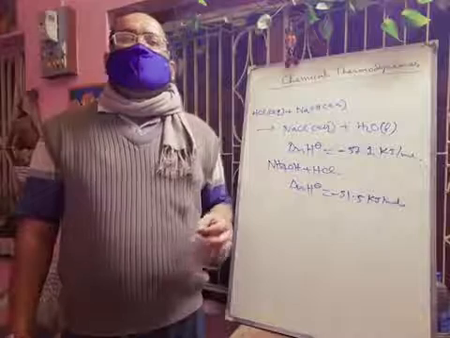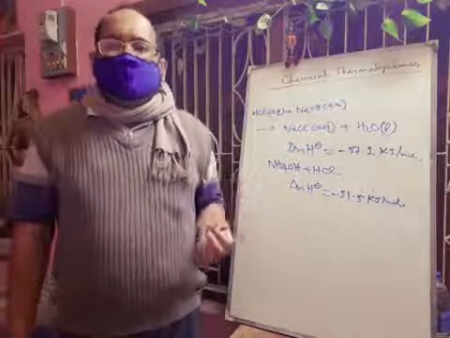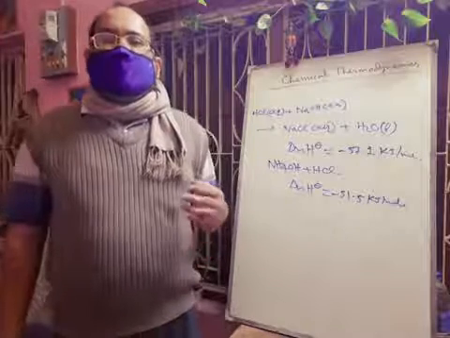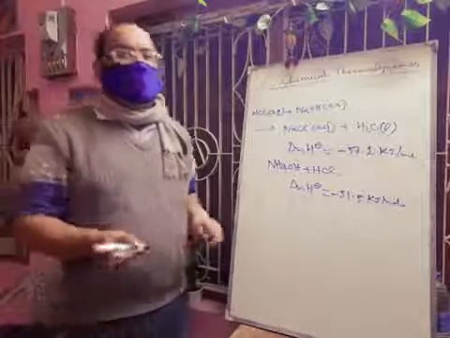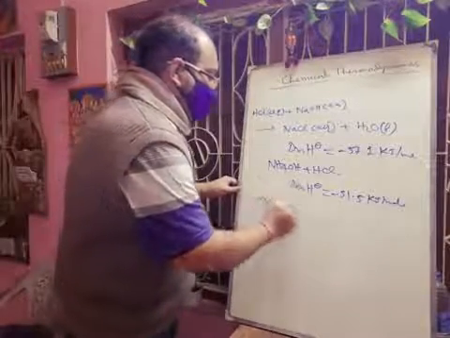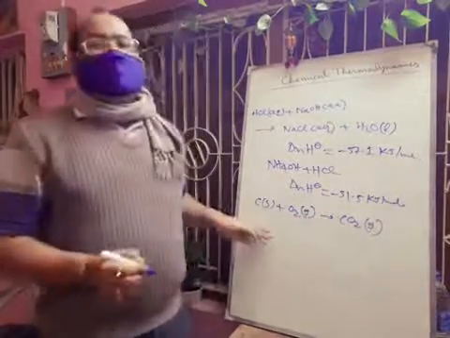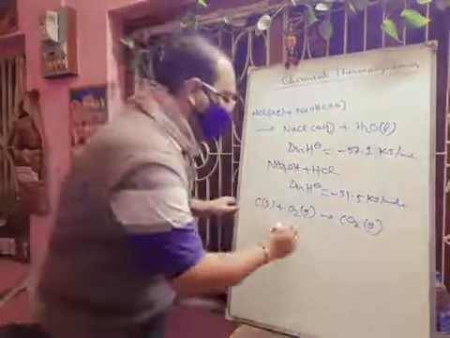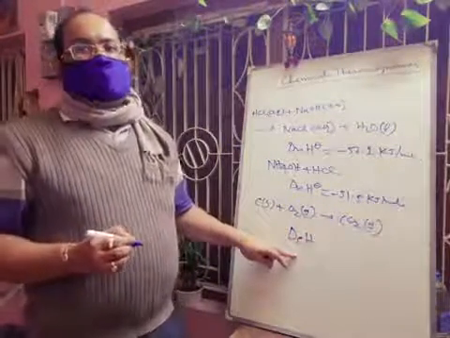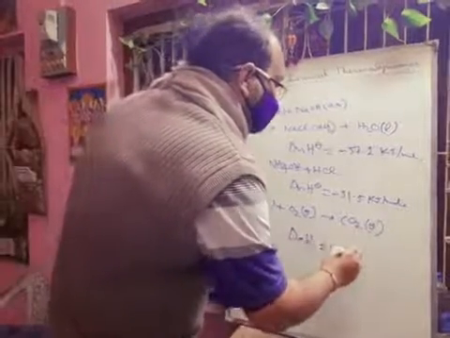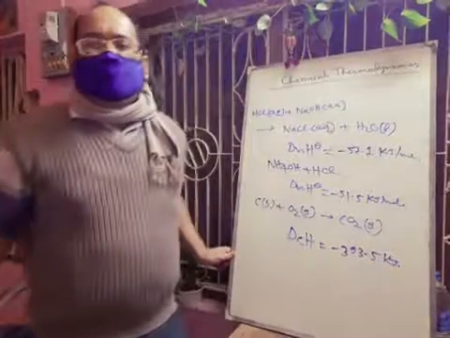Next we will discuss the enthalpy of combustion. Enthalpy of combustion is defined as the enthalpy change when 1 mole of a substance undergoes complete combustion. Suppose we think about the burning of carbon. Carbon solid reacts with oxygen gas, and there will be formation of carbon dioxide gas. All of you know that there will be formation of heat. So ΔcH, the enthalpy of combustion, will be around minus 393.5 kilojoule per mole.